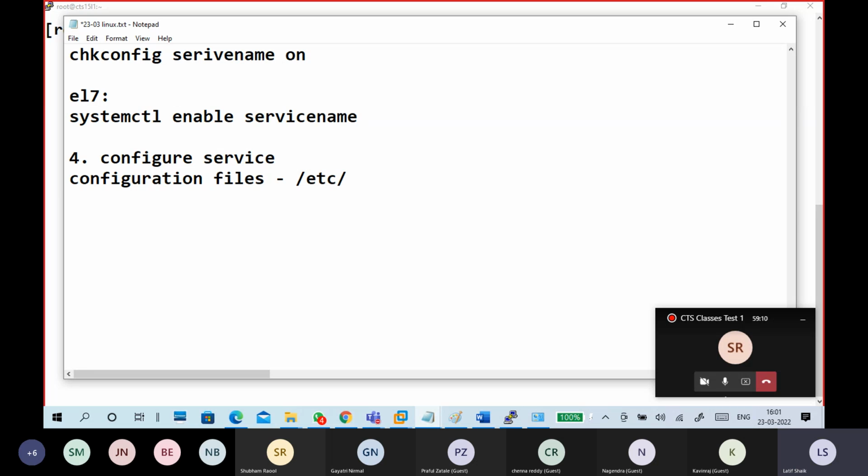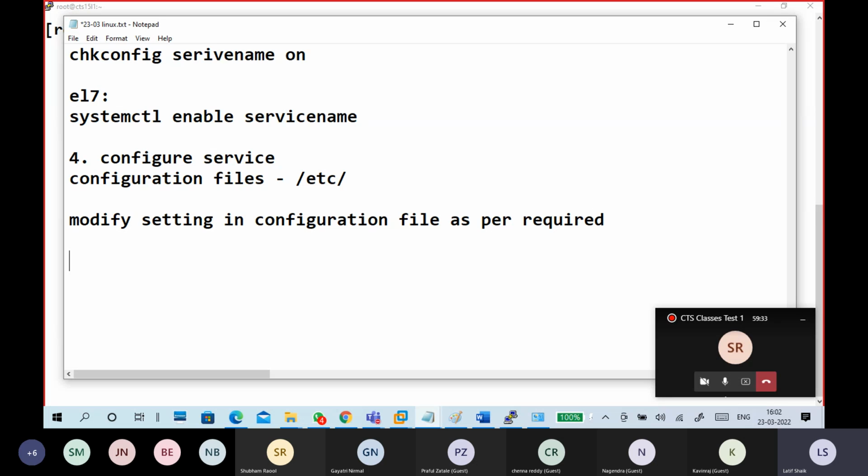So you have to do any modification settings. Modify settings in configuration files as per required. If required, we do it. Otherwise, we'll remove it. That is configuration of services.